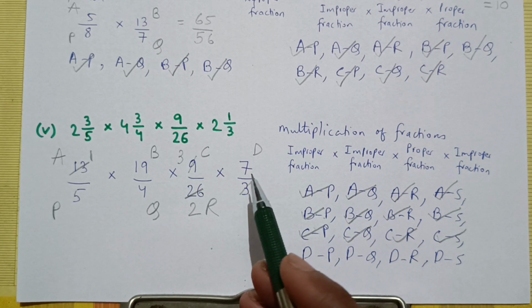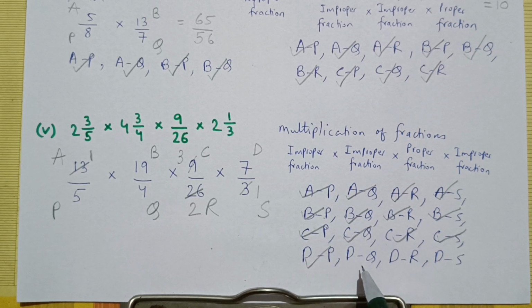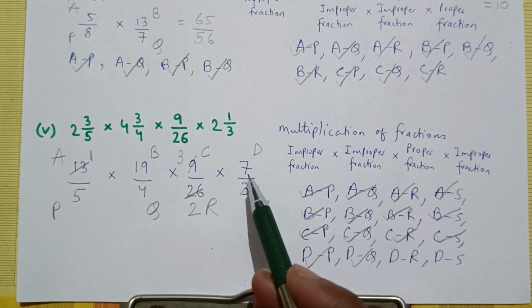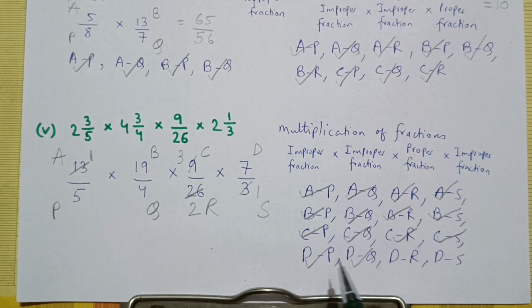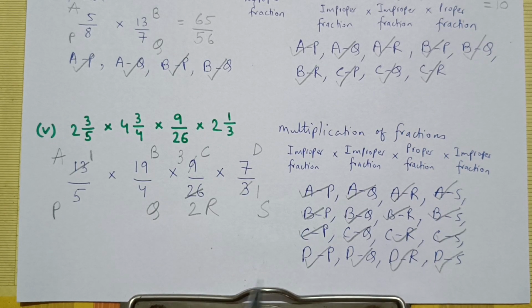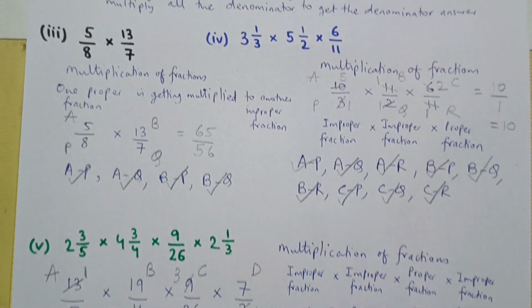DP, D is 7, P is 5. 7 by 5 you cannot reduce any further. DQ, D is 7, Q is 4. 7 by 4 you cannot reduce any further. DR, D is 7, R is 2. 7 by 2 you cannot reduce any further. And DS, D is 7, S is now 1. So 7 by 1 you cannot reduce any further. So we have reduced all the numerator denominator pairs to the lowest form. Now the next step is